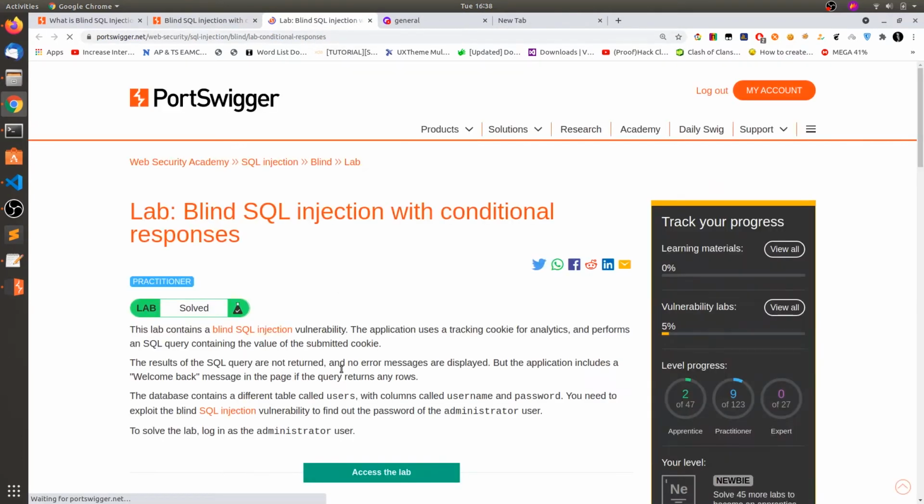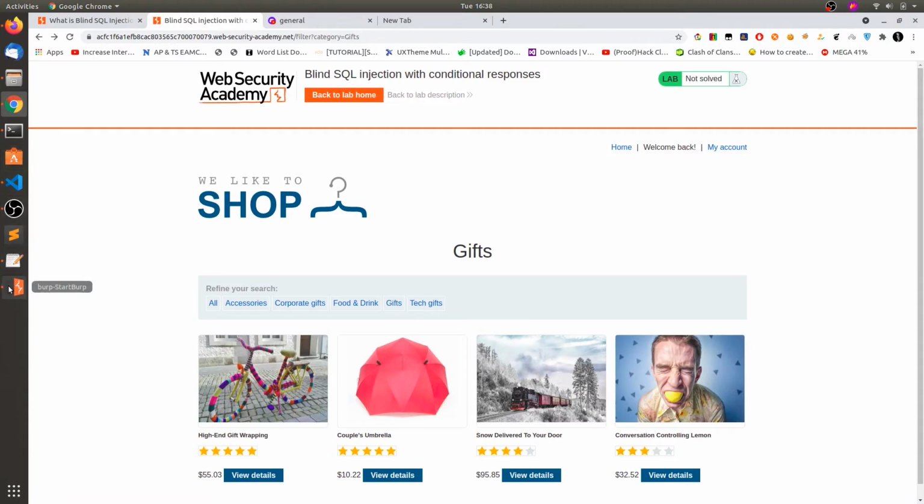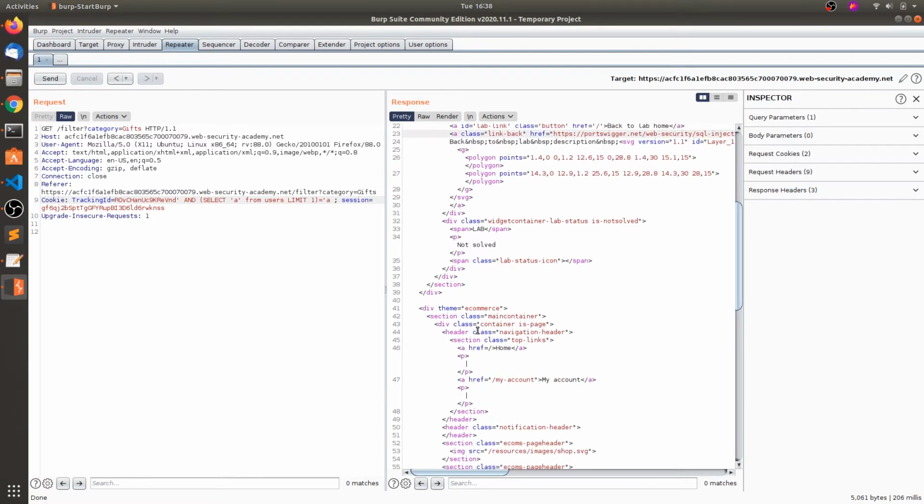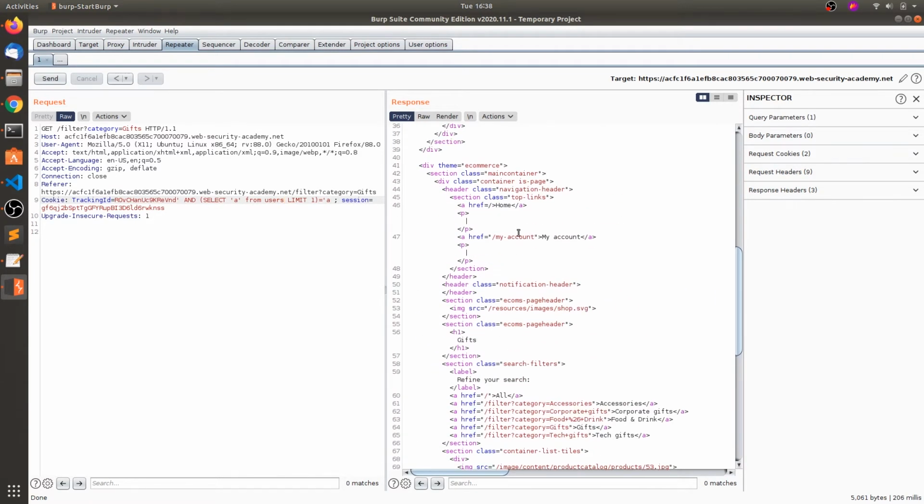The table name, users. So you should see welcome back here.